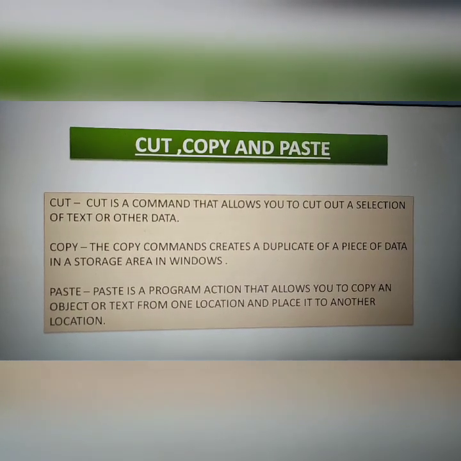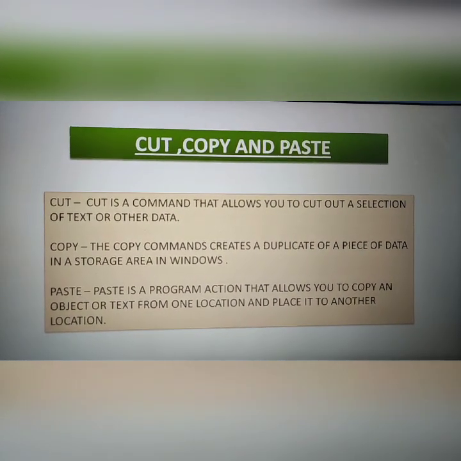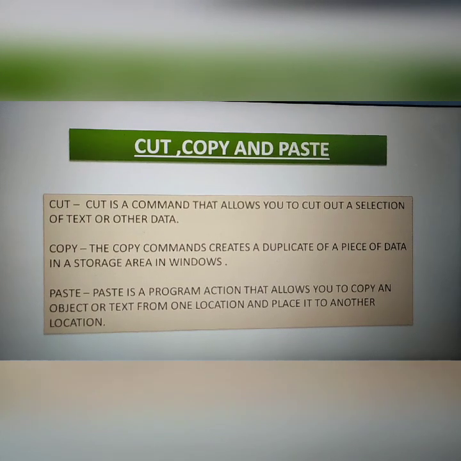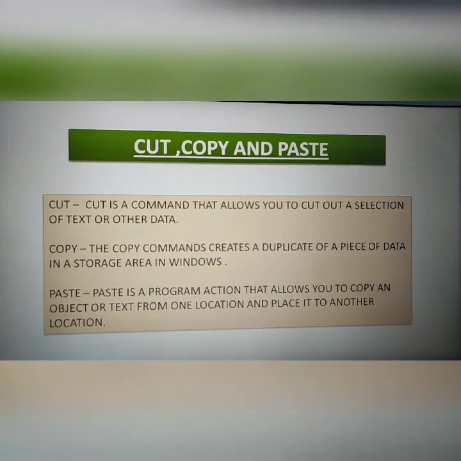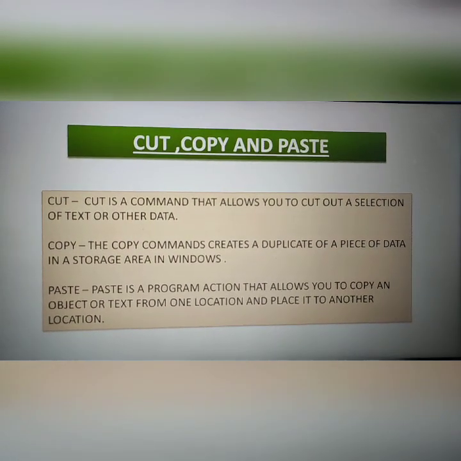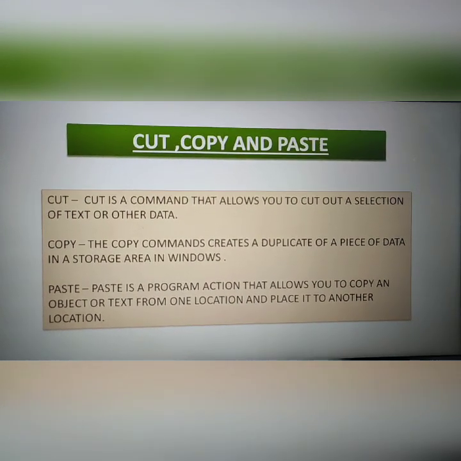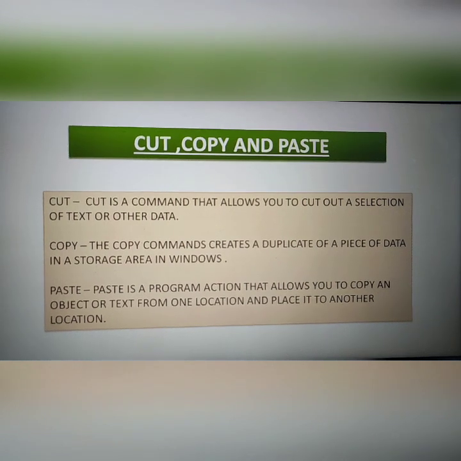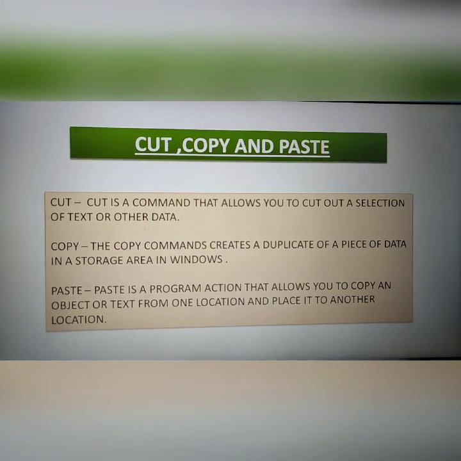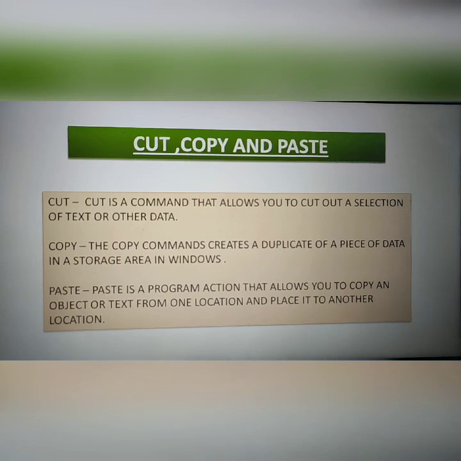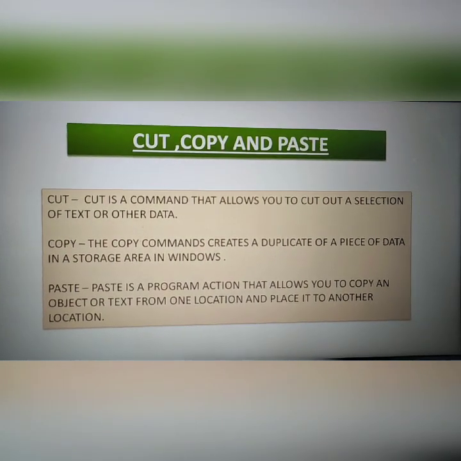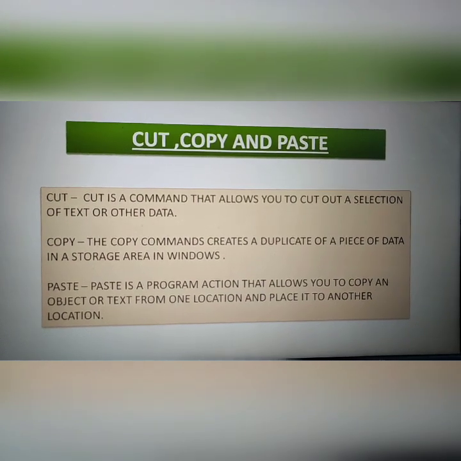Cut is a command that allows you to cut out a selection of text or other data. Copy: the copy command creates a duplicate of a piece of data in a storage area in Windows. Paste is a program action that allows you to copy an object or text from one location and place it